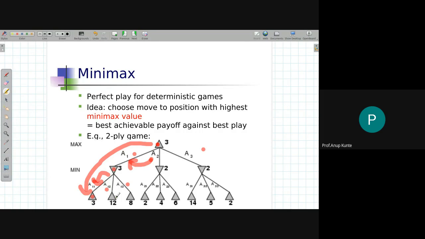At this level, these are all max nodes, and you have these values written outside the triangles. They are called utility values. All these nodes are leaf nodes, terminal nodes, and hence we have written the utility value there as a number. In your exam, if somebody wants you to solve the minimax algorithm, they will give you a tree like this, wherein they won't name the levels and these numbers will be missing. These are the numbers we want to calculate: this 3, this 3, this 2, this 2, by applying the minimax value.